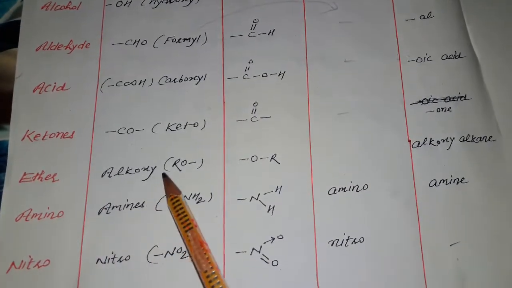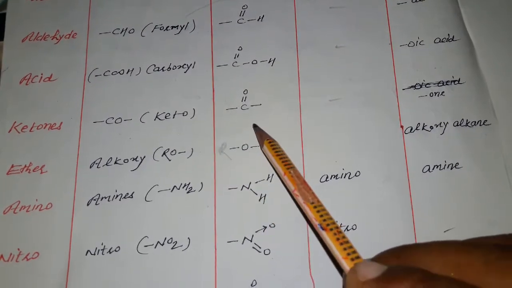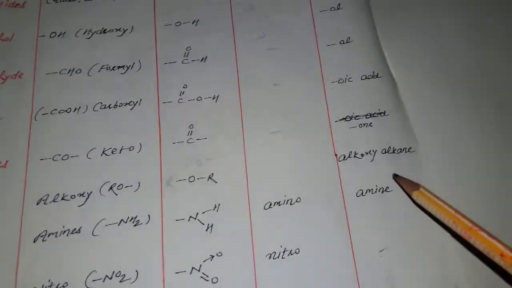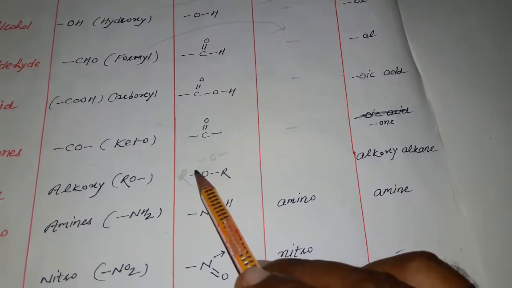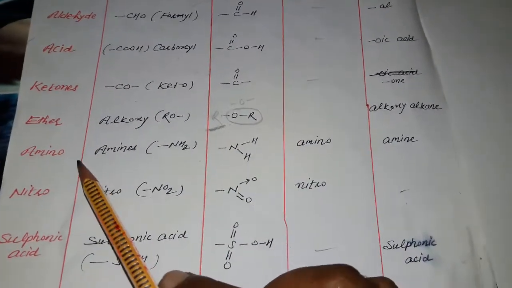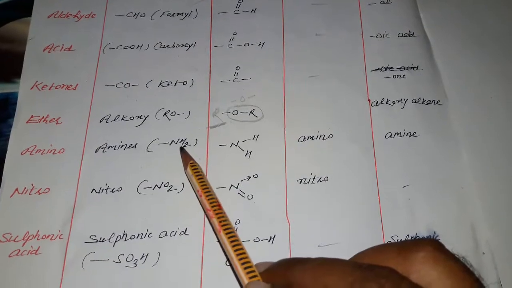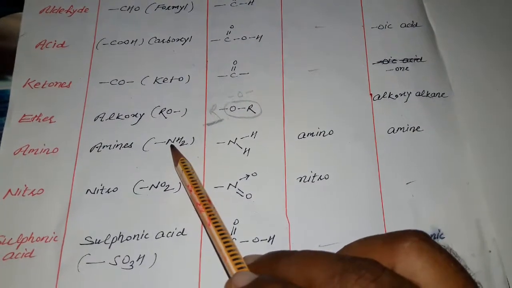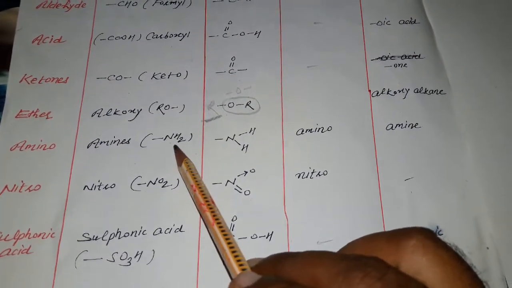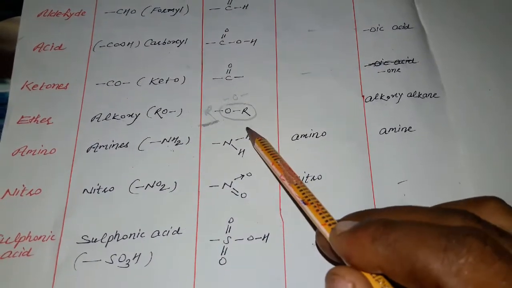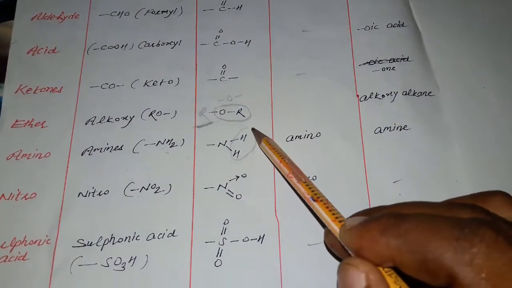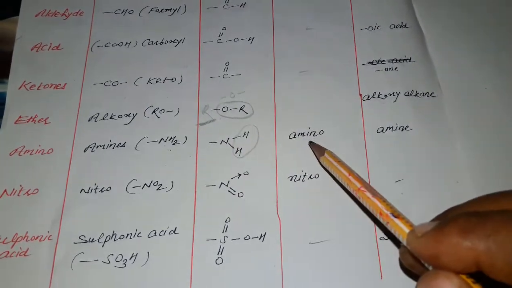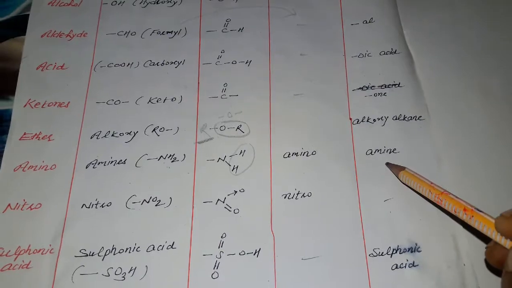For ether, the alkoxy part is related to ether, and this is the representation of ether, and this is the ethereal oxygen. For that we use alkoxy, like alkoxyalkane. This is the IUPAC name. Amines are derivatives of nitrogen, ammonia. When one hydrogen is replaced, the ammonia is converted into an amine group. This is the amine group, and it can differ with linkage to different alkyl groups. This part we call amino as a prefix and amine as a suffix.